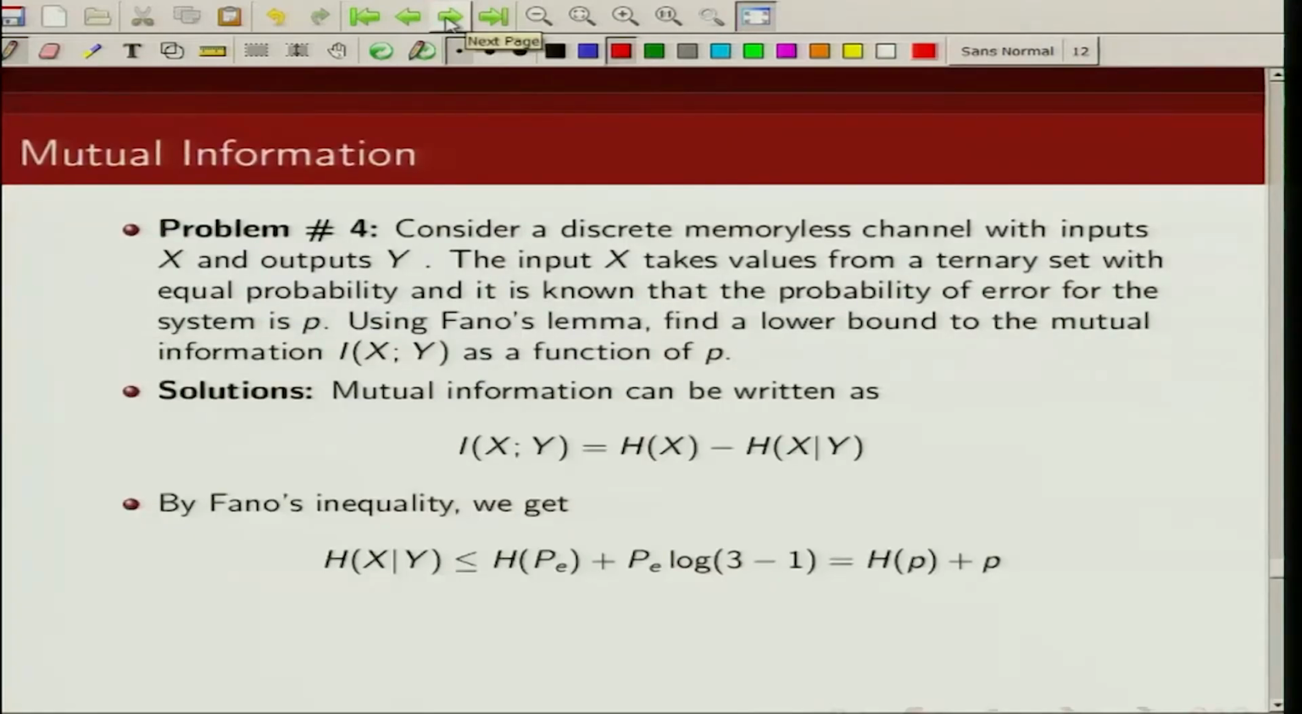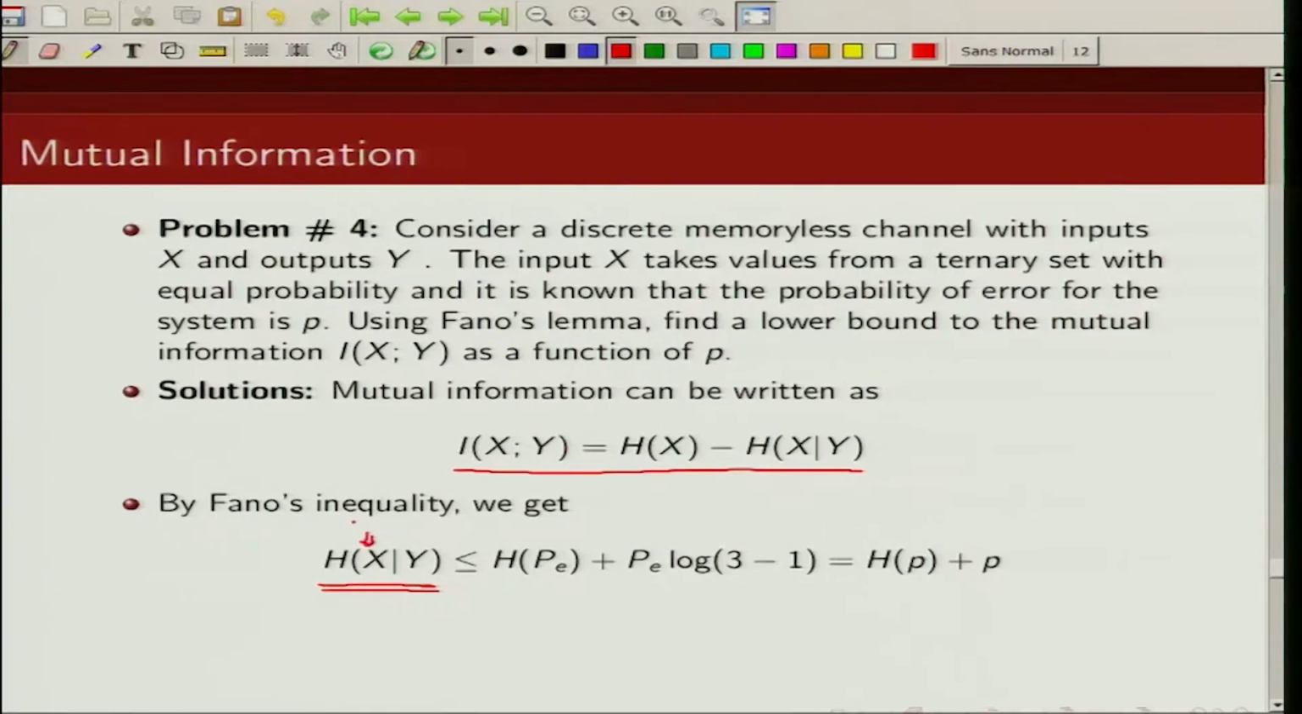So, what is mutual information? From the definition of mutual information, we can write mutual information between X and Y as uncertainty in X minus uncertainty in X given Y. Now, from Fano's lemma, we know this uncertainty in X given Y,